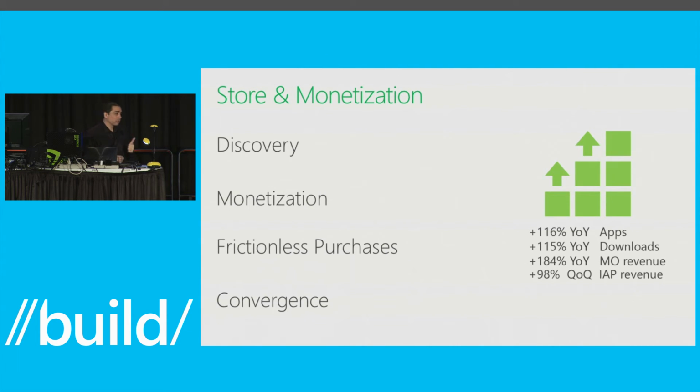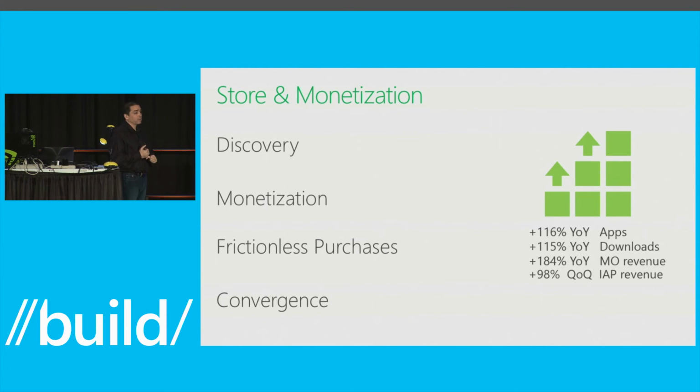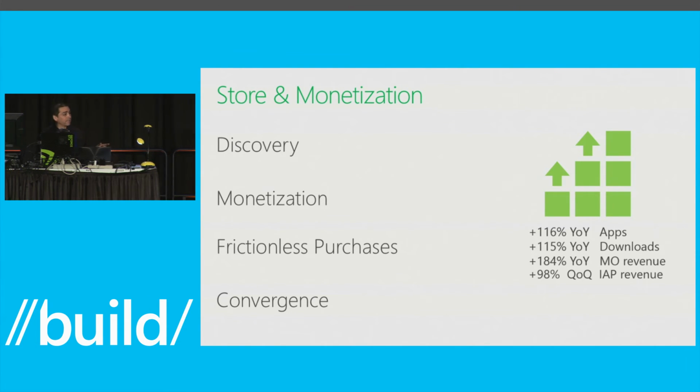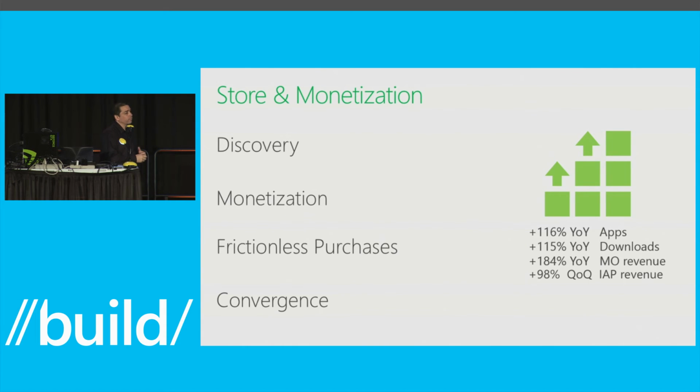We're making sure that your applications are more discoverable. On the Windows Store, you saw earlier today at the keynote, we now have the store icon on the desktop, right? We make sure that people can pin apps and go in and out of applications much quicker. We're improving your monetization. We're, for example, changing the price tiers. We have 99 cents on Windows Store. We have $1.29 on Windows Store. So we're making sure that people can improve monetization.